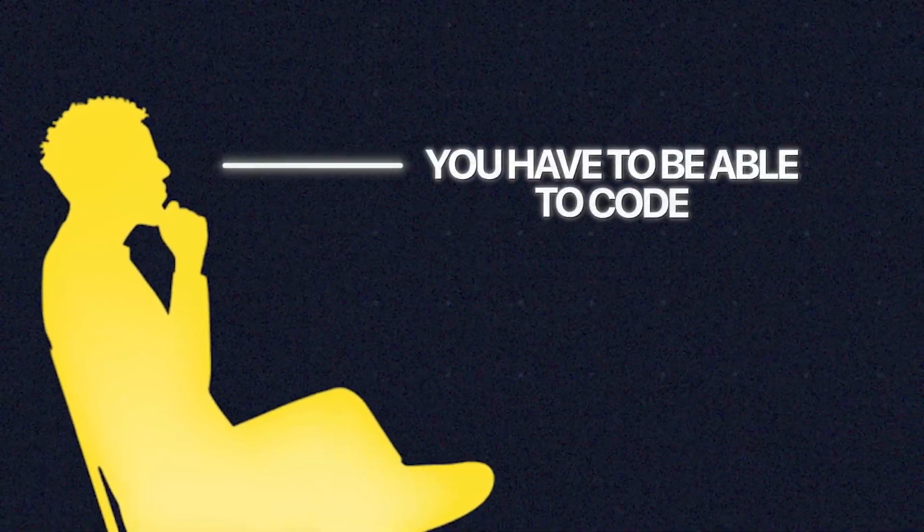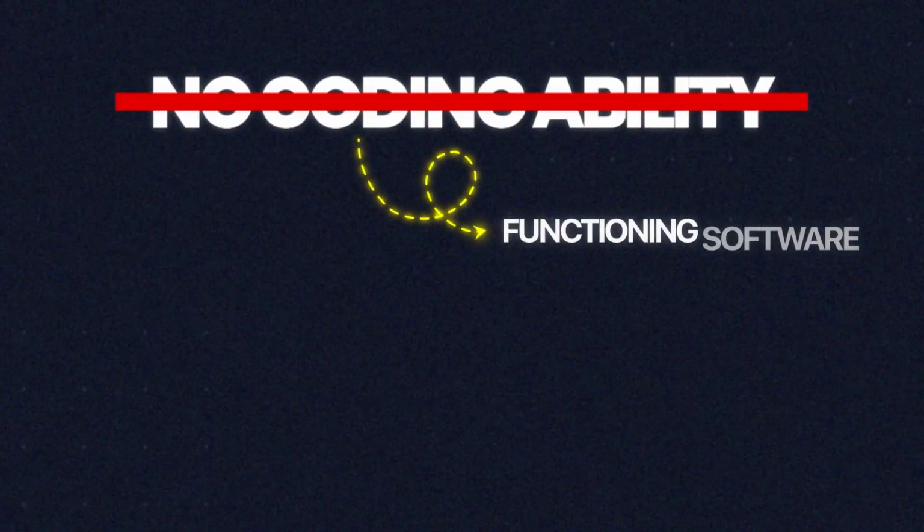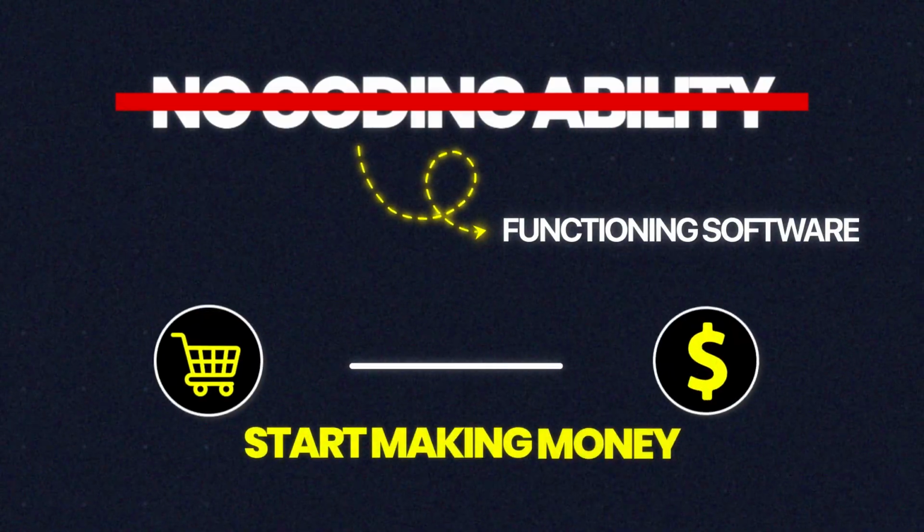So if you're one of the type of people who think that you have to be able to code in order to build out a software, I'm going to prove you wrong in this video, because you need absolutely no coding ability to now build a functioning software that you could bring to market and start making money from. And in this video, I'm going to show you exactly how you could build a software in the simplest way